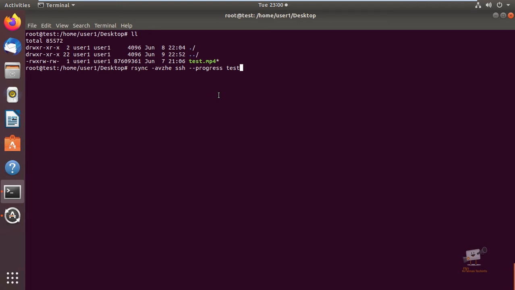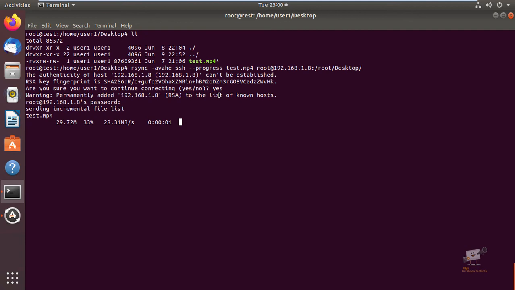You can add the source file, and now we can add the destination server IP address and the username. Now give enter. Now we can see the progress here. So using the --progress option, you can see the progress for the data transfer.